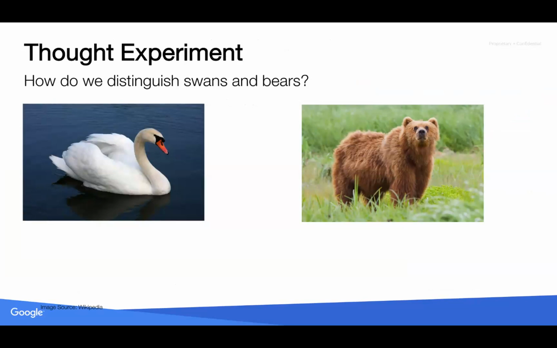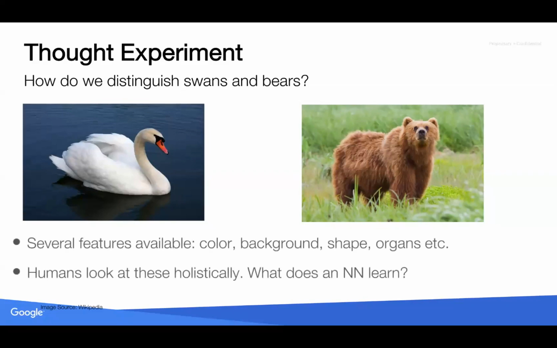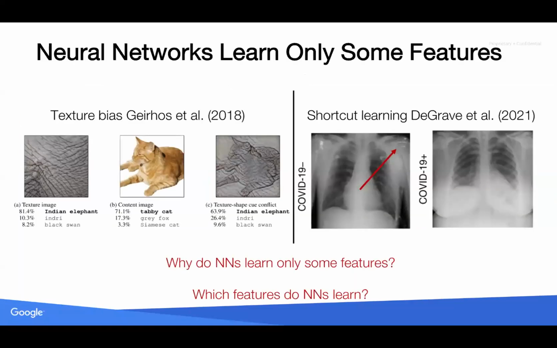So hopefully you will agree with me that when we look at them, we can think of several features like color, background, shape, and so on. And if we ask what a neural network looks at in order to do the classification between these two things, there is strong evidence that neural networks only rely on very few features. They don't really look at the image holistically, at color, background, shape, or all these things, but look at only some features. So for example, in this paper by Geirhos et al.,